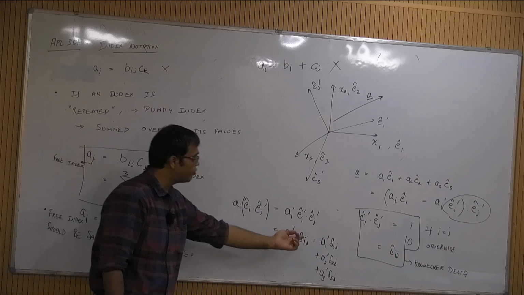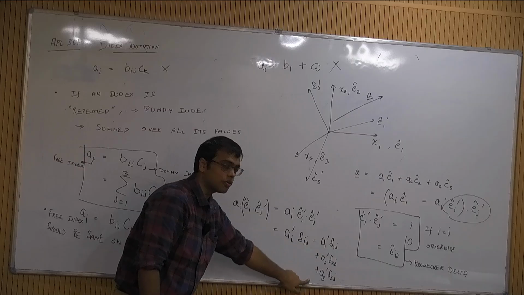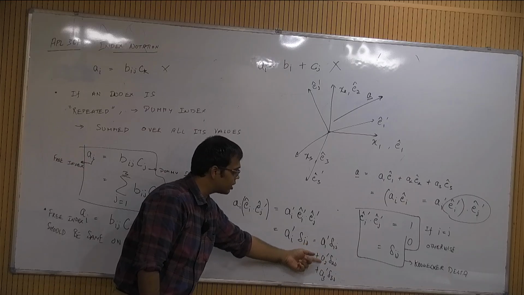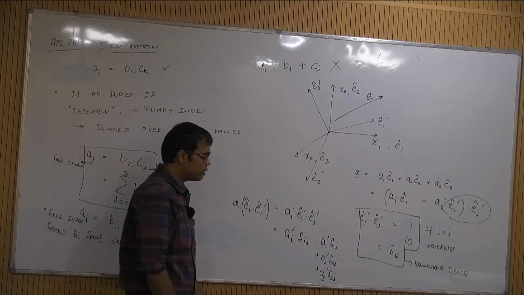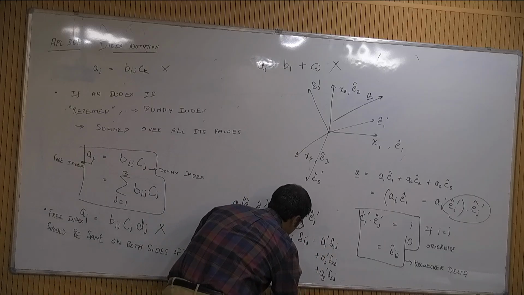When j is 1, only this is going to remain and others are going to be 0; j is 2, this remains, others go to 0, and so on and so forth. So, this is basically A j prime,